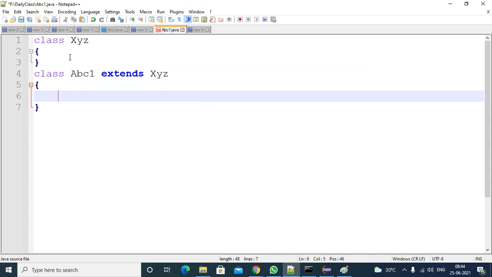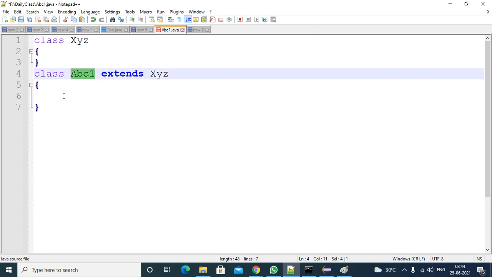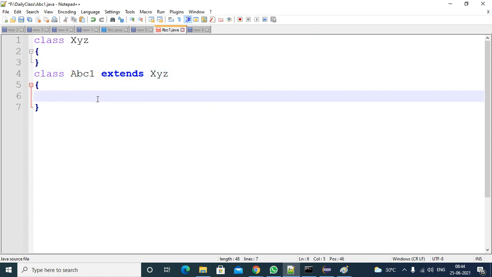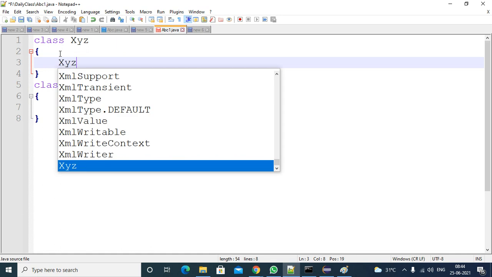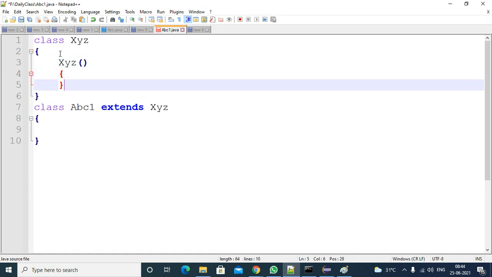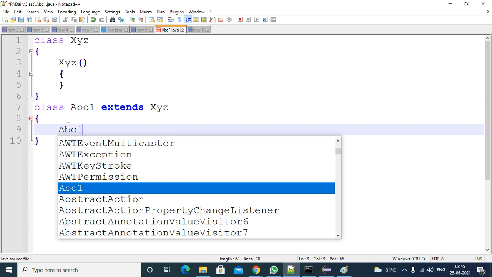If you compile this program, for XYZ it will generate a default constructor. For ABC1, it will generate a default constructor. Right? We will see whether it generates or not. Actually, it will generate. Okay, no problem. Suppose the programmer has written XYZ here, and here also he has written ABC1.